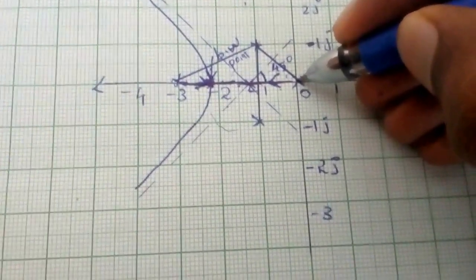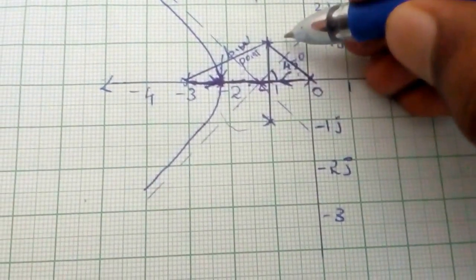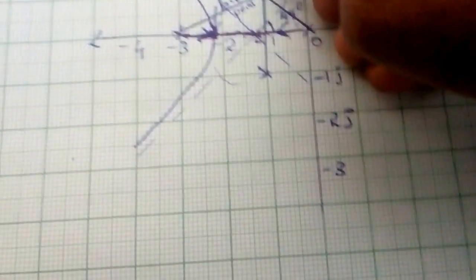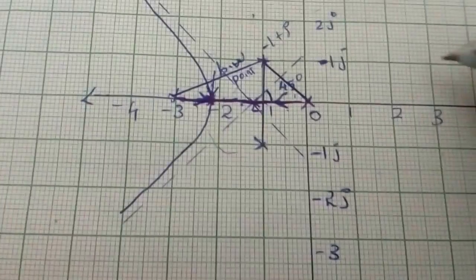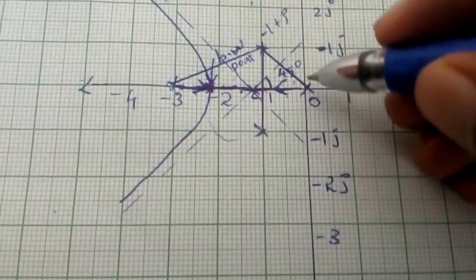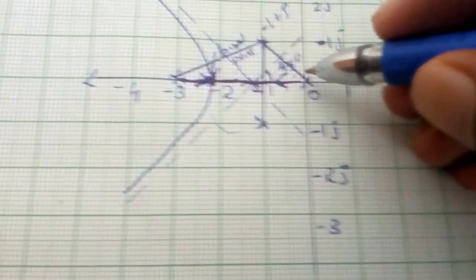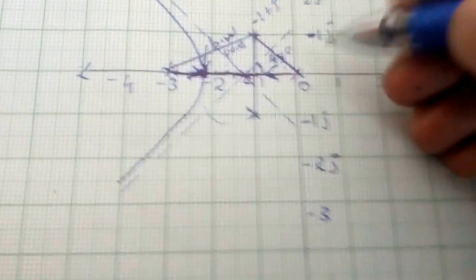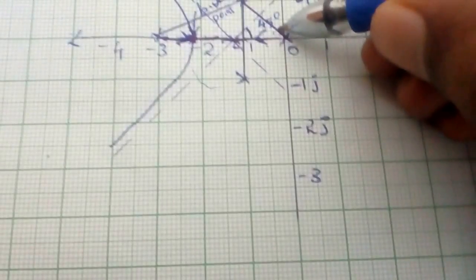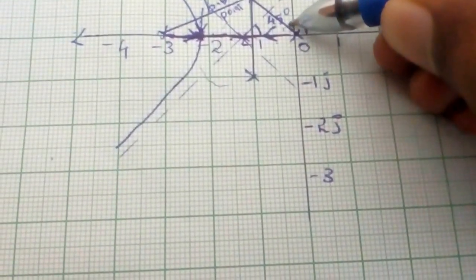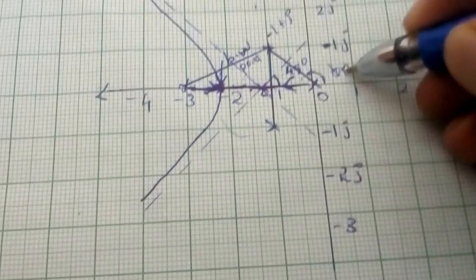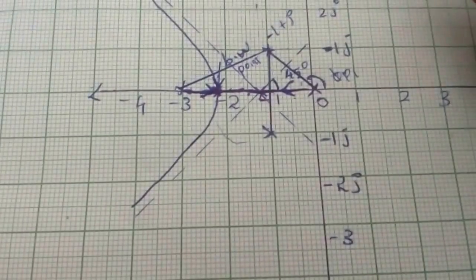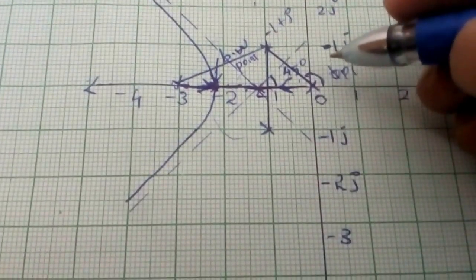So when we join 0 to minus 1 plus j, the angle here is something we should measure using the protractor. This is phi p1, that's the phi p1 angle here, and